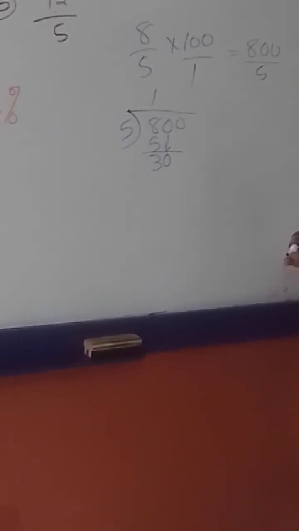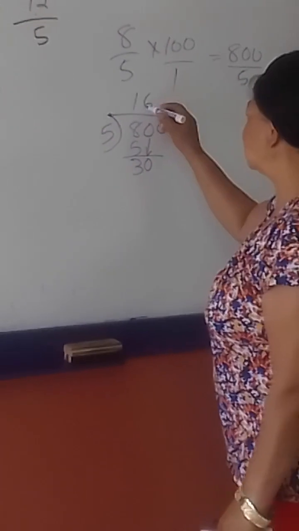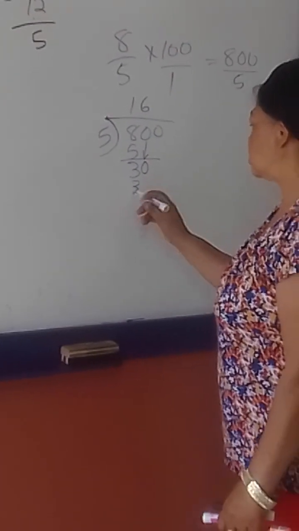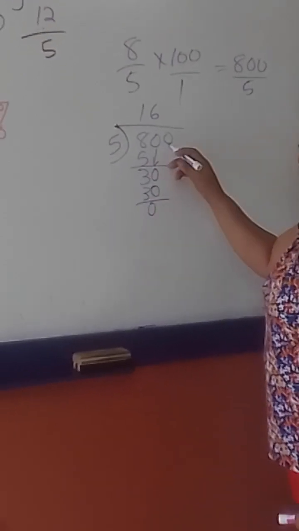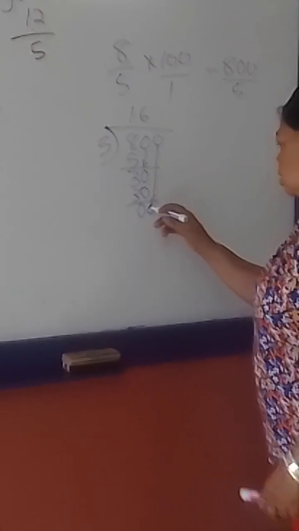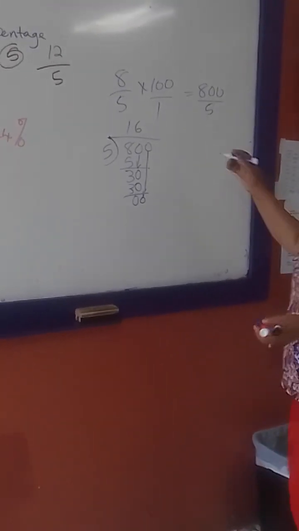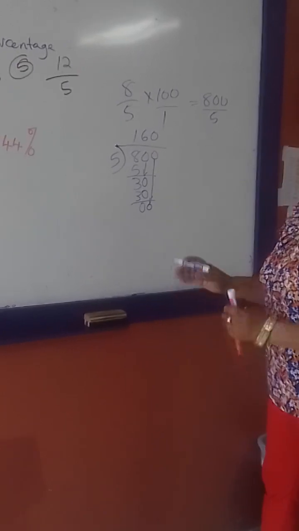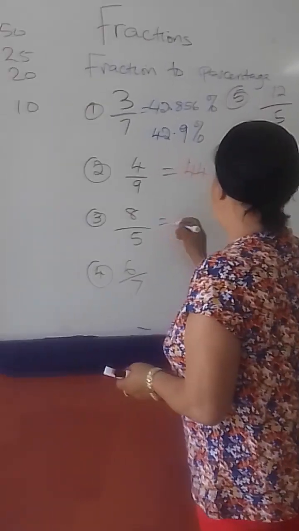How many times can I get 5 out of 30? 6 times. And what is 6 times 5? 30. 30 take away 30 is 0. I'm going to bring down this 0. 5 into 0? 0. So that one didn't have any extra remainder or anything. My answer is equal to